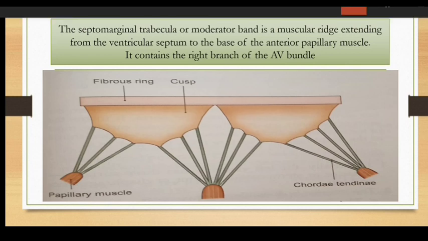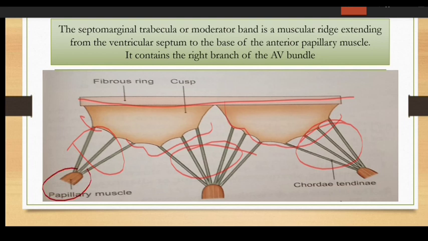The other end is connected with the cusp. This is the cusp, right? One end is attached to the ventricle and the other end to the cusp through the chordae tendineae. This is known as the chordae tendineae, and this one is the papillary muscle. The papillary muscles are three in number: anterior, posterior, and septal, right? The anterior muscle is the largest, and the posterior inferior muscle is small and irregular, right?